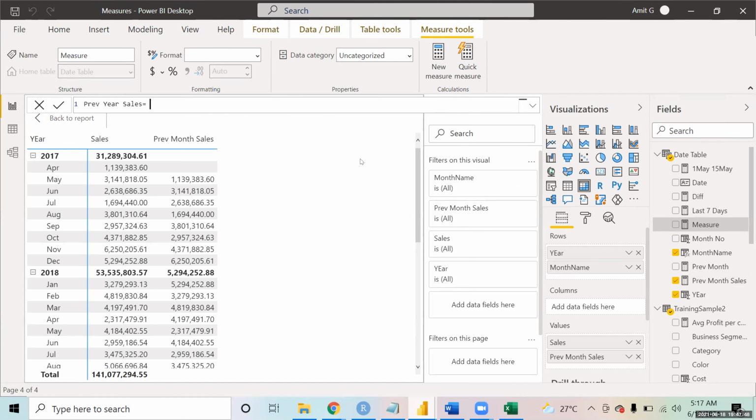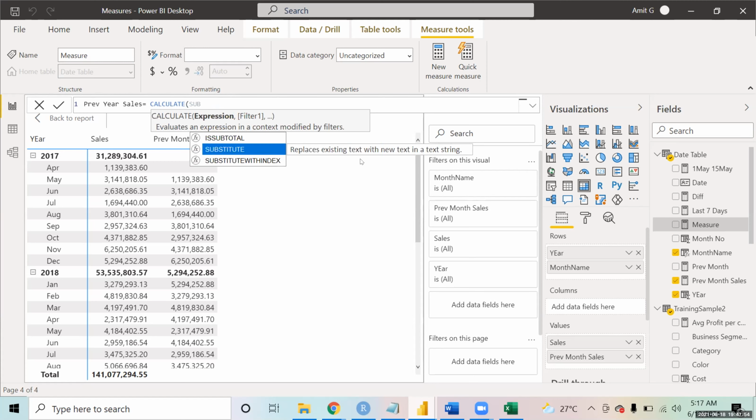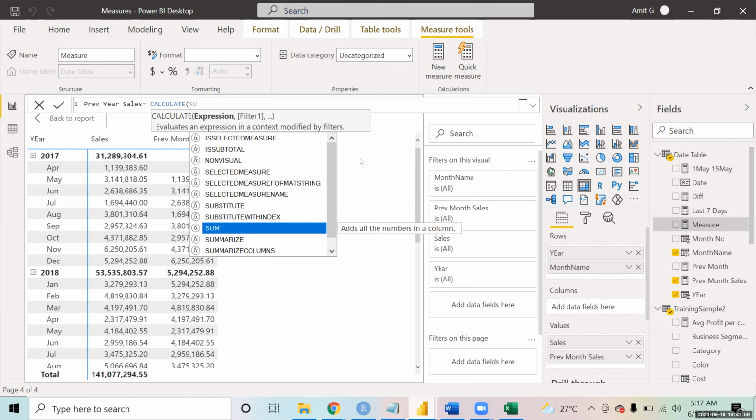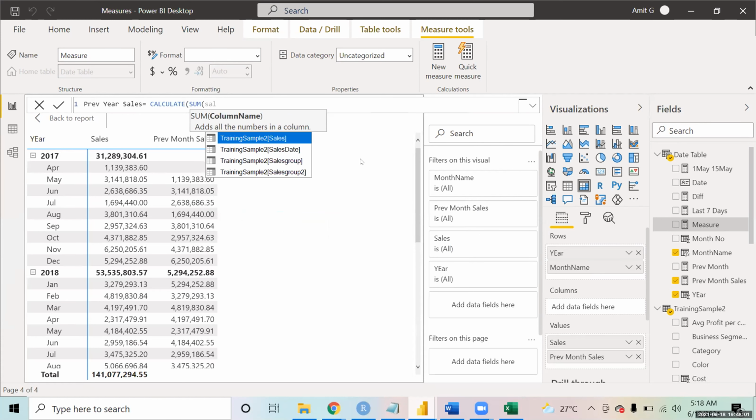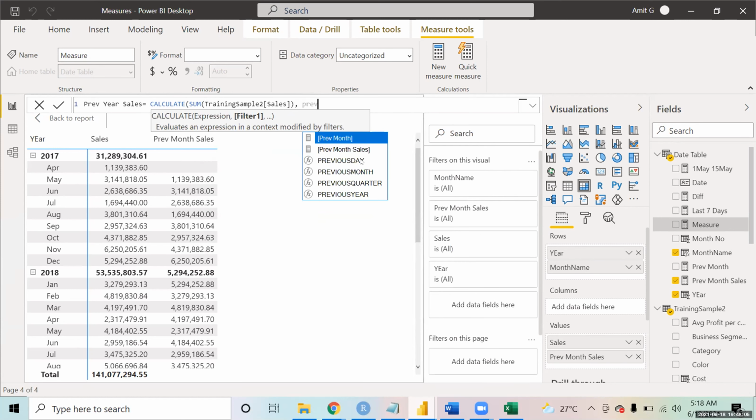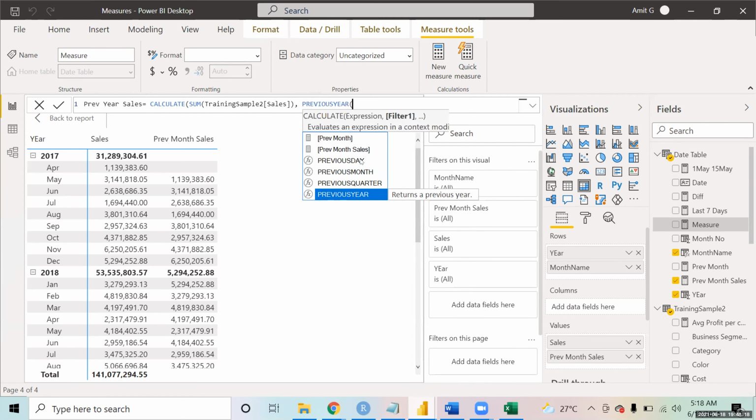Previous year sales will be equal to calculate of sales. Similarly, you can use previous quarter, previous day as well to give the sales at the previous quarter or the previous day level. They will do the same stuff.